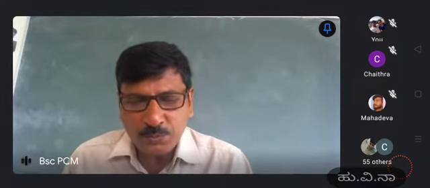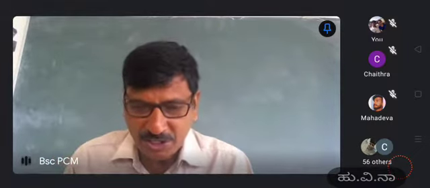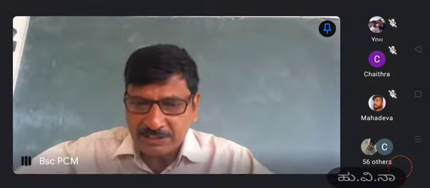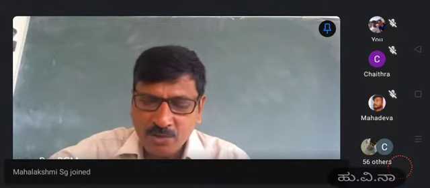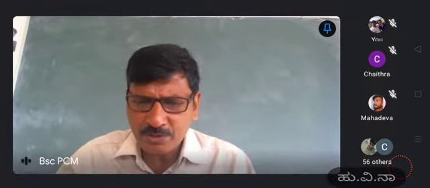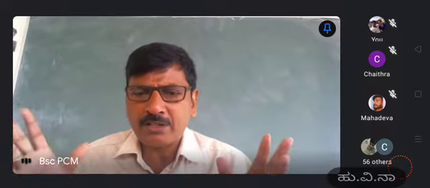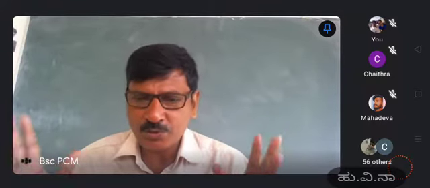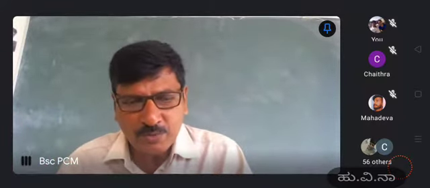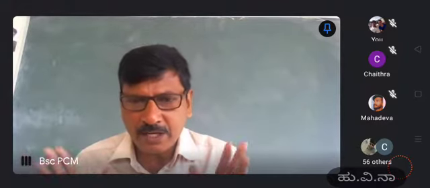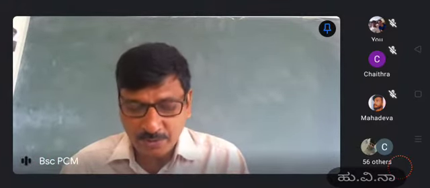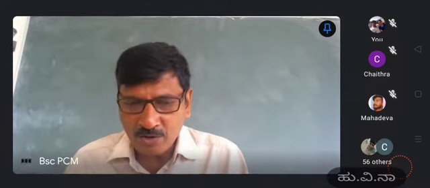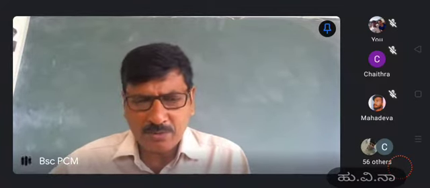That is very useful in order to study the structure, the bond length, the bond angle. All this information, you are going to get almost accurate information using spectroscopy only. That is why spectroscopy is a very, very important subject. Without spectroscopy, it's very difficult to imagine. There are various types.